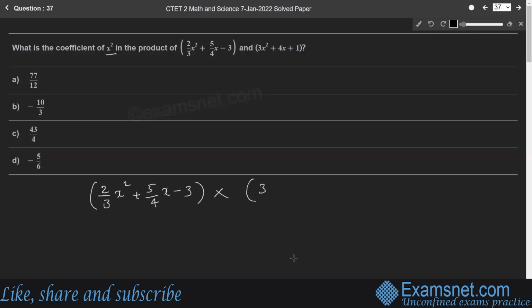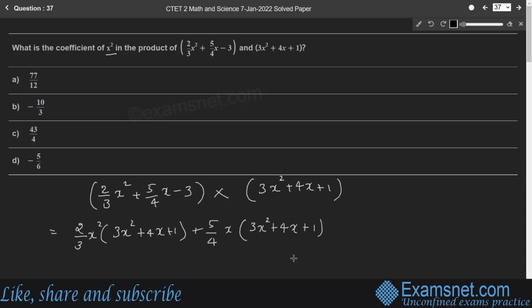Therefore, into 3x square plus 4x plus 1, which is equal to 2 by 3x square into 3x square plus 4x plus 1, plus 5 by 4x into 3x square plus 4x plus 1, minus 3 into 3x square plus 4x plus 1, which is equal to,